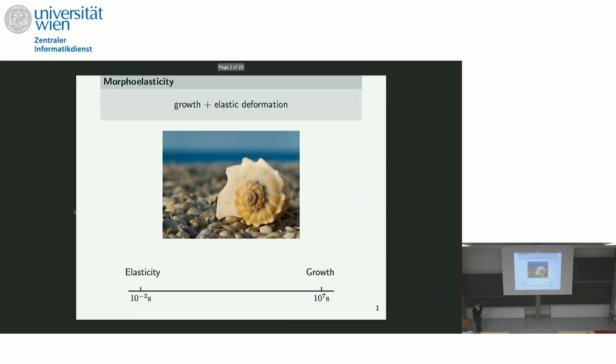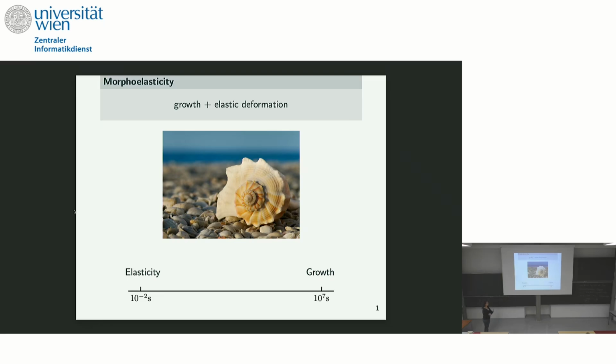So the work that I'm going to talk about fits within the general umbrella of morphoelasticity. So what does it mean? That somehow we are going to describe some phenomena which involve both growth and elastic deformations. There are, of course, many examples of morphoelasticity. It's something that is very much ubiquitous. So you can find biological examples, such as cell proliferation, but also non-biological and even technological examples, say, epitaxial growth, crystallization, and modeling of surfactants.